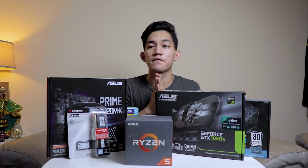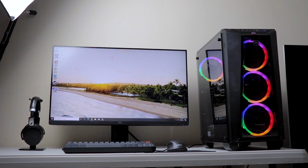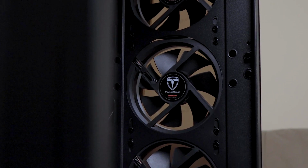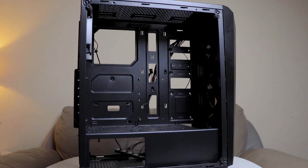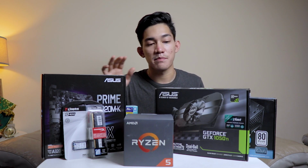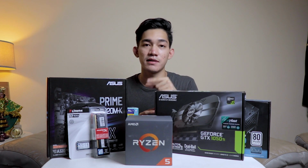Alright, so the parts. Let's start with the simplest one, the case. So for the case, we have the Transonic Rider RA08A. It comes with 4 RGB rainbow fans, which is good because we don't have to buy any other fans for this case. Honestly, it's not the ideal case because it's a little bigger than what we need. This is a GTX board. We don't have a big graphics card to run, but the shop was giving this for a steep discount, and